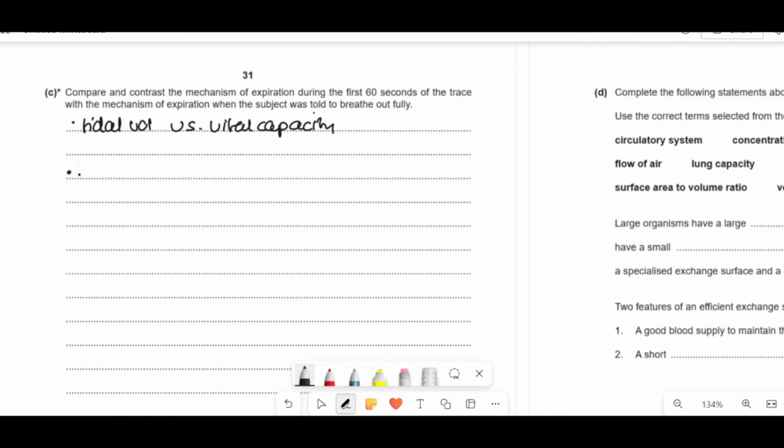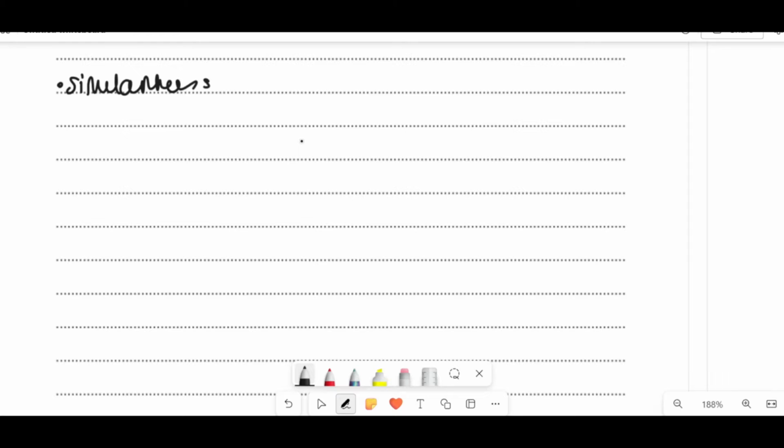So the similarities are, when you breathe in, do it yourself right now, your rib cage goes big. So if you have a big rib cage and it's going upwards and outwards, you're increasing the volume of your chest or your thorax. If the volume of the chest is big, then the pressure is low. And then if you breathe out, your rib cage goes in and the volume of your thorax decreases